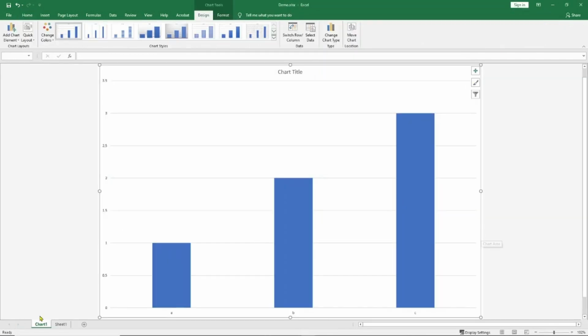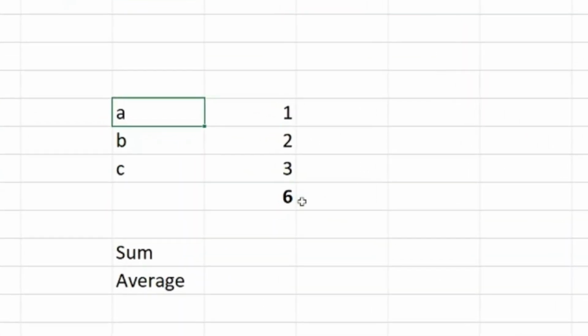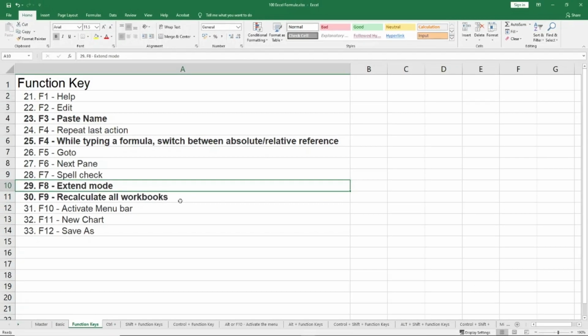In my demo sheet, if I come here, A, B, C, one way is I press the shift key, go down and go right. The other way is I press F8 on the cell C5, which is the letter A, and now I'm not using anything but the arrow keys. I go down, I go right, and so on. So this is useful a lot of times, but not being used by a lot of people.